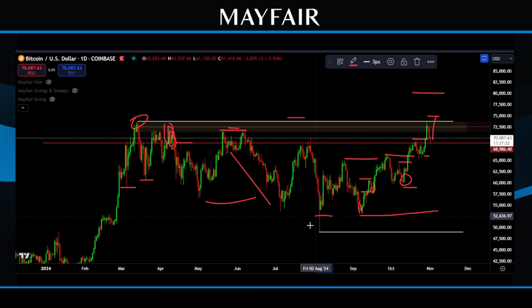Clearly, there's buyers in this region. And again, Composite Man is going to know this. So there's clearly a big box of liquidity sitting here. I kind of get the impression we've got a smaller box of liquidity sitting above. And the reason I think it's a smaller box is a lot of retail are already in on the side that they want to be in on.